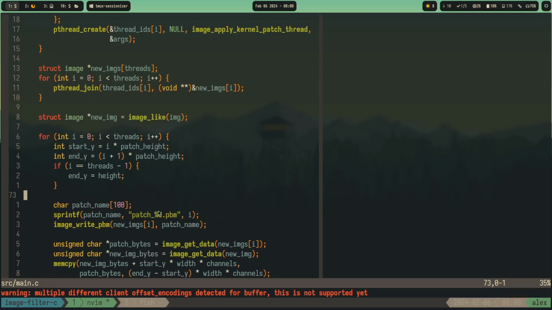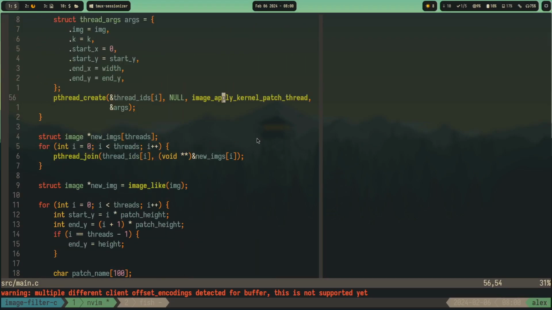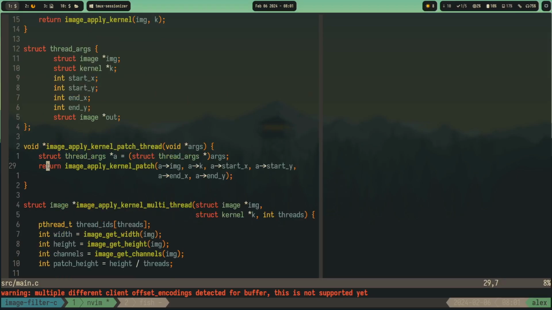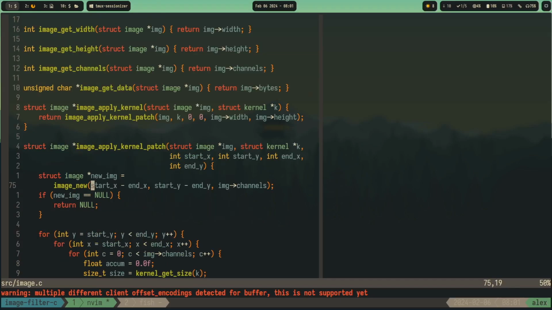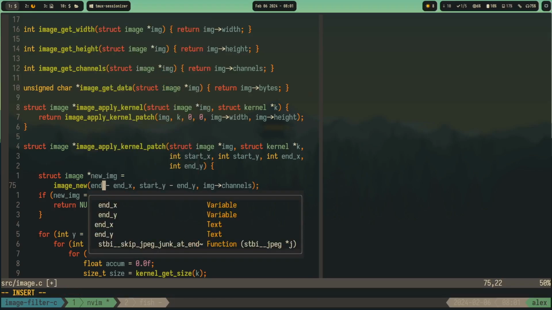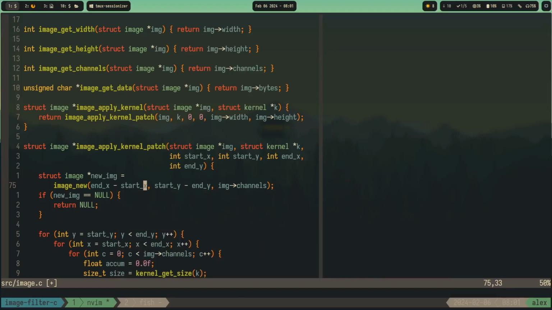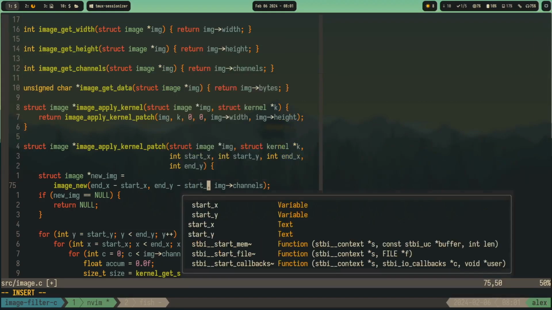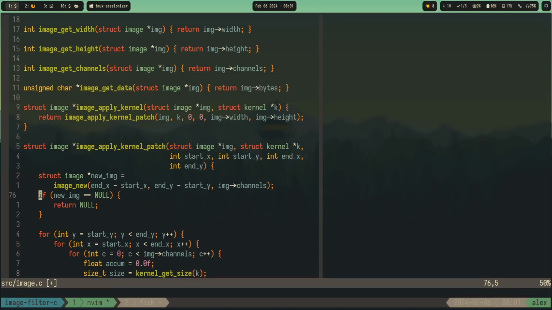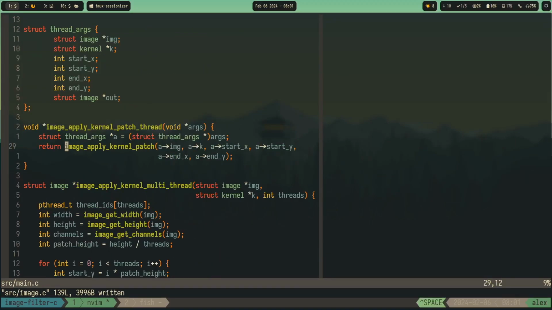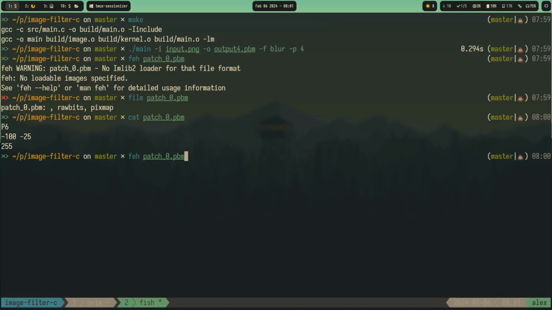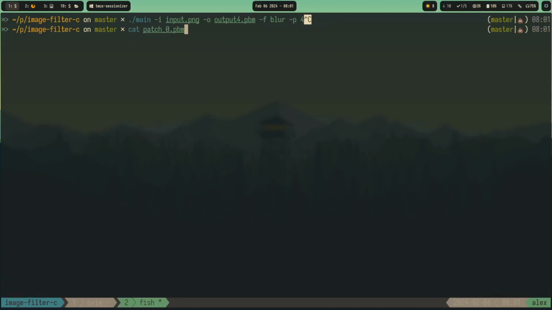Okay, so something went wrong inside of this. So when I create a new image, oh my god, it's end x minus start x. Why did no one tell me? Start y. Yep. So if we run make again,